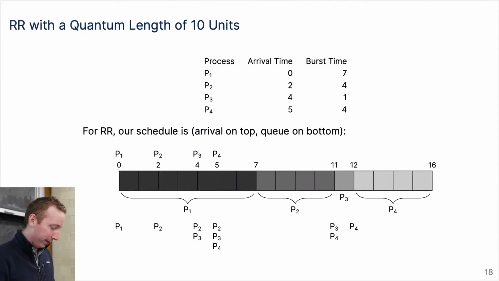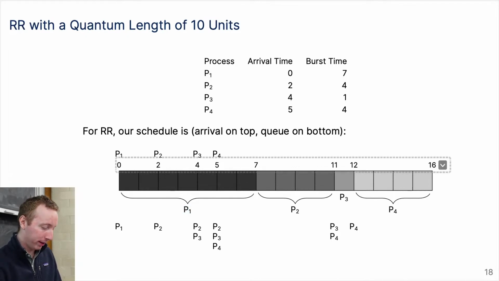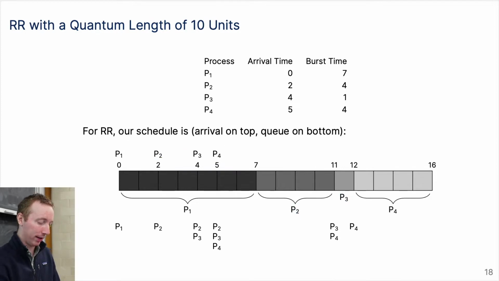All right, so let's do it again. So quantum length of 10. Well, this case should be a lot simpler. If we did have quantum length of 10, it's essentially first come, first served without preemptions, because they'll just execute until they're done. So this will look exactly like the first example of the day, where we have P1 that comes in because it's the only choice at t equals 0. Then after that, it's just the processes in order because it's first come, first serve. So P2 would execute, and then P3 would execute, and then P4 would execute.